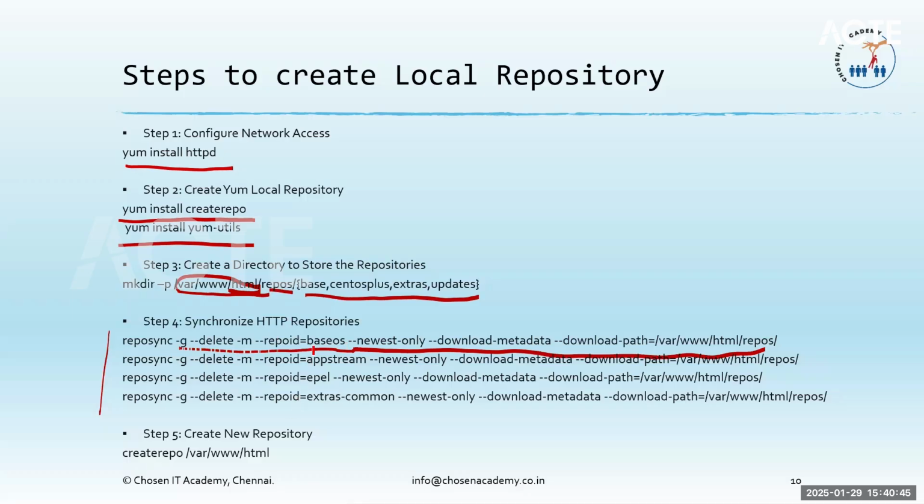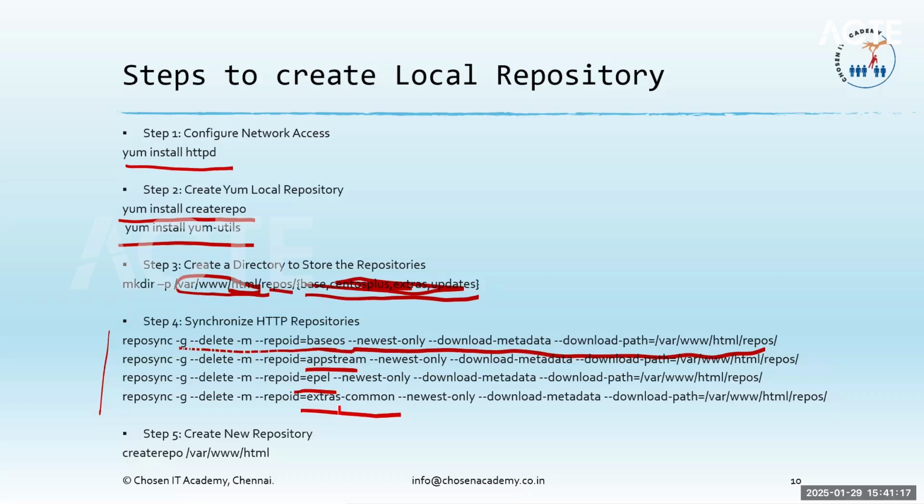So we have 4 repositories: base OS, AppStream, EPEL, extras common. These names are slightly different now, so this is slightly not correct. These are the actual names in CentOS 9: base OS, AppStream, EPEL, extras common. Based on this, this command will take time. It will download all the packages from the internet and place them in the respective directories in the repos